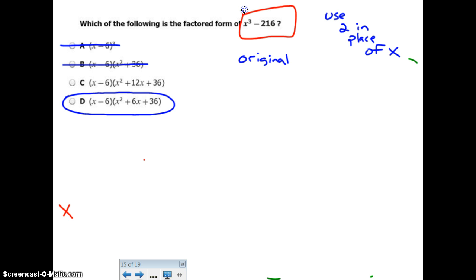Okay, so let's put it, you had x cubed minus 216. All right, and we said we're going to use 2 in place of x. So when you do that on your calculator, okay, 8 minus 216 gives you negative 208. Let's find out, if you put it into the first answer choice A,